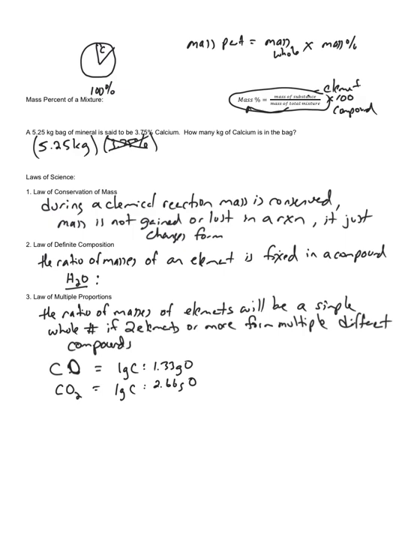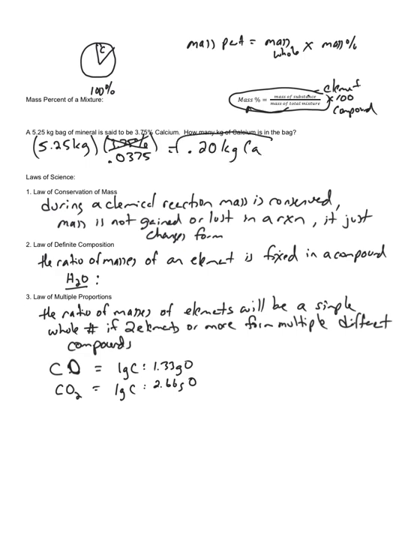Well, I forgot to divide by 100. So 3.75% is actually 0.0375, which is its relative amount. This is the ratio of mass before we convert it into a percentage. So 5.25 kilograms times 0.0375, which is the mass percent in relative form, gives me 0.20